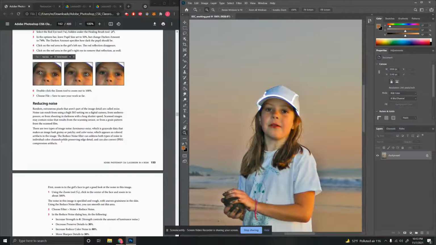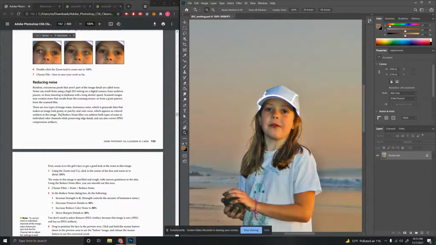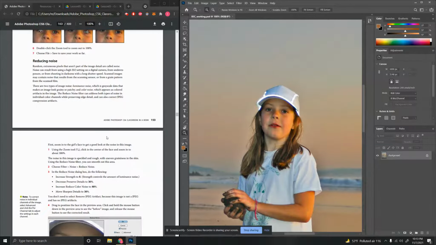So there are two types of image noise: luminance noise, which is grayscale data that makes an image look grainy or patchy, and color noise, which appears as colored artifacts in an image. The Reduce Noise filter can address both types of noise in individual color channels while preserving edge detail, and can also correct JPEG compression artifacts. So let's continue